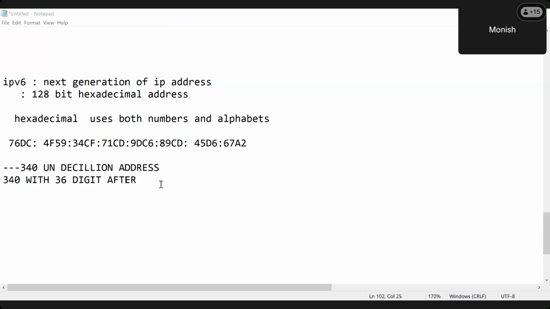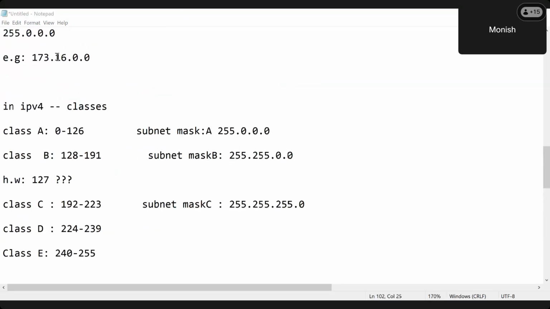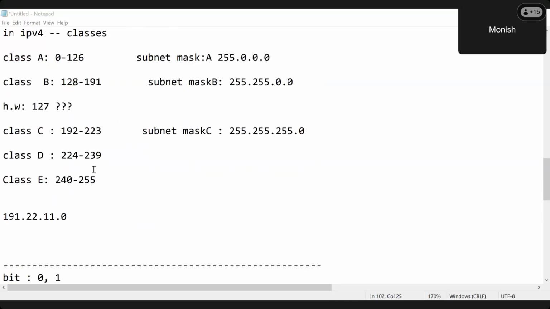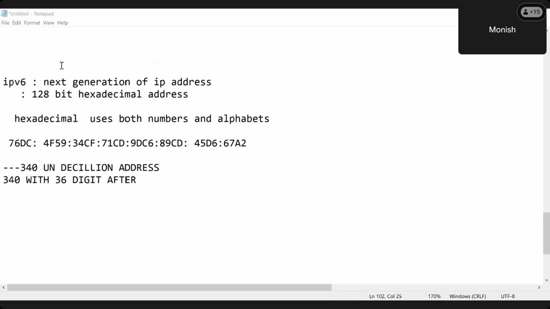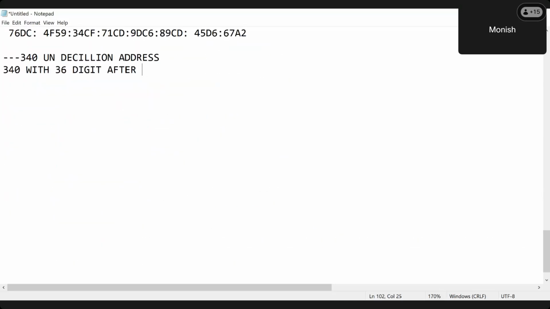Now, guys, let's convert it. First we saw how we convert decimal to binary. Now, this time what do we do? We convert binary into the IPv6 address. Okay. So let me write it down. I'm writing one number